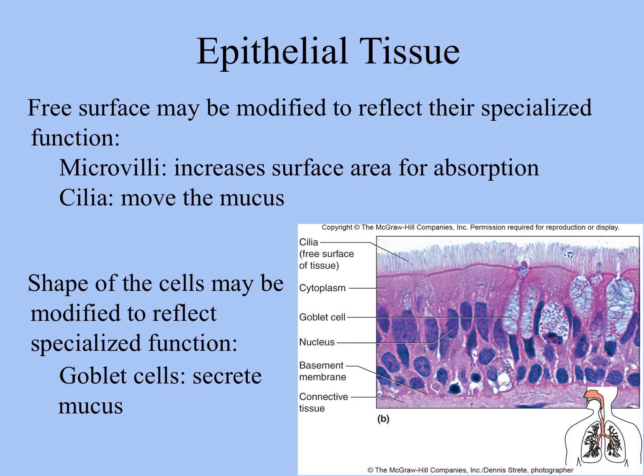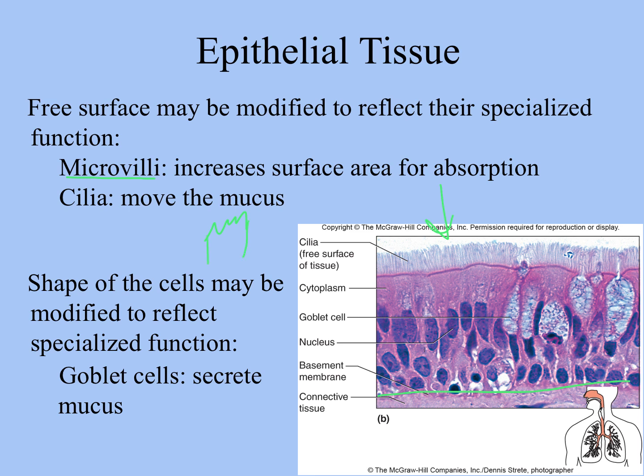So this lecture is going to focus on things that may not have been covered adequately in the crash course videos. So with epithelial tissues, remember you have this basement membrane that the epithelial tissues are attached to because they're on surfaces, but the free surface may be specialized to reflect the function of the particular organ that they lie within. For example, microvilli will be a bunch of small